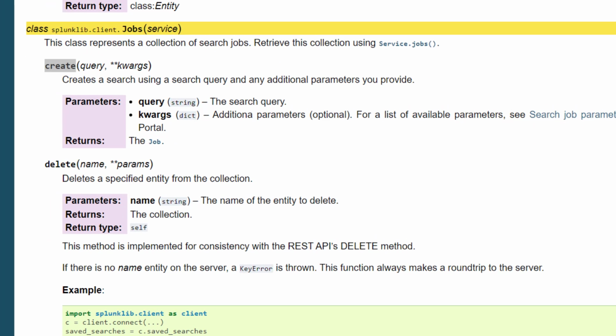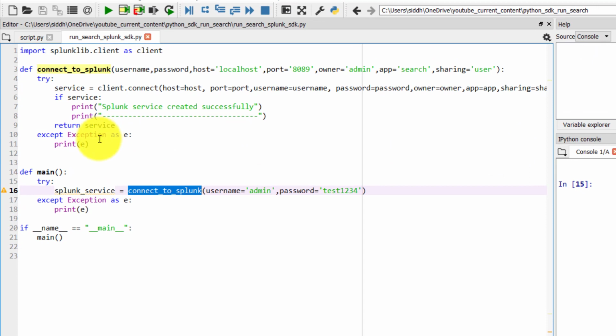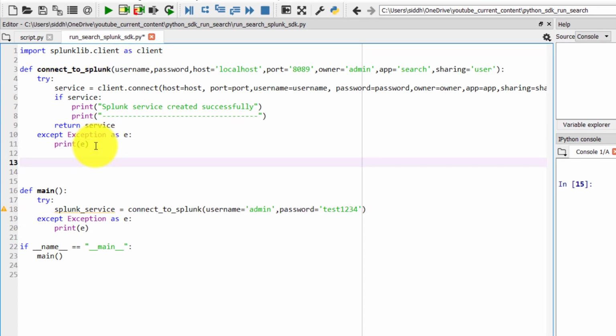So let us go back and create a new method over here. Let's give it a name, def run_normal_mode_search, let's say. Now over here we need the Splunk service object, correct?